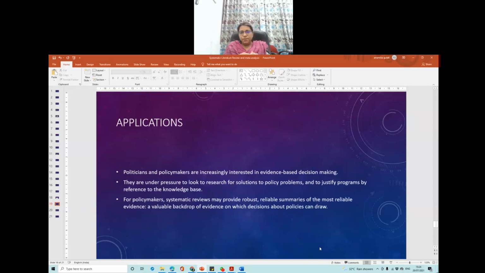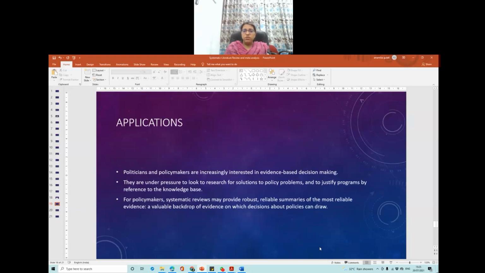So now although we have discussed the applications of systematic reviews in earlier discussions as well, we'll go in a little more detail on how these systematic reviews are helpful in social sciences, humanities, or even healthcare. Politicians and policymakers are increasingly interested in evidence-based decision making. They don't want to make a decision on one study, saying, oh, this study is saying so we should apply it in our policy, or create a white paper based on one single citation. That is not actually right.